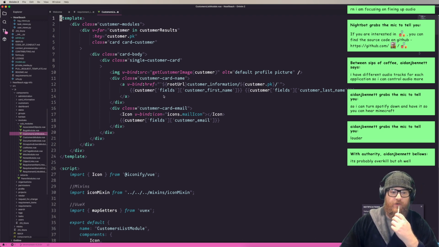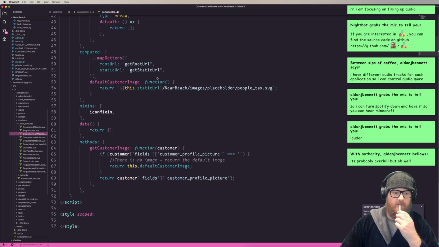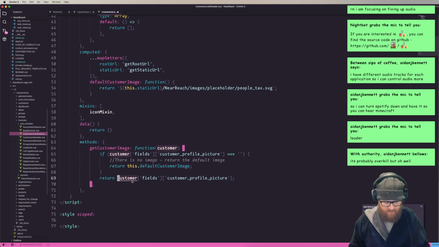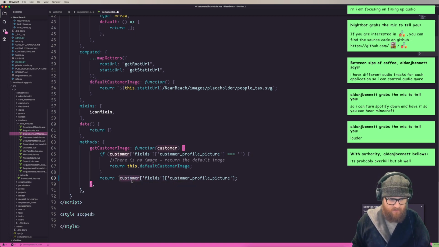So that's what's important. All right, so this is get customer image. If it equals nothing, we return default image. What we want to do here is we want to actually have this in this, and then we want India, and then